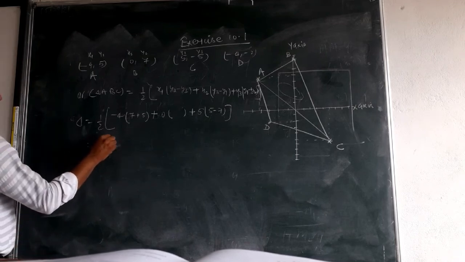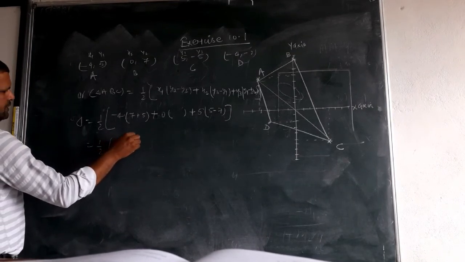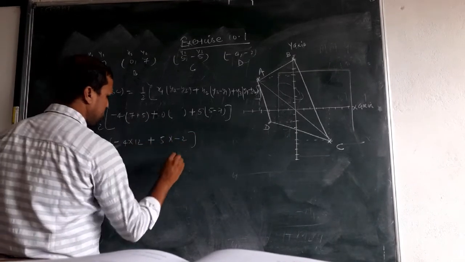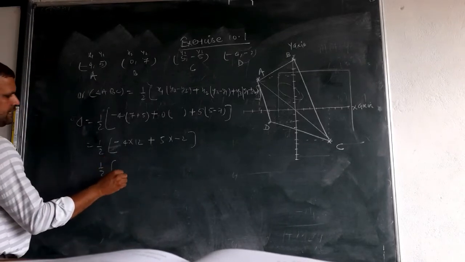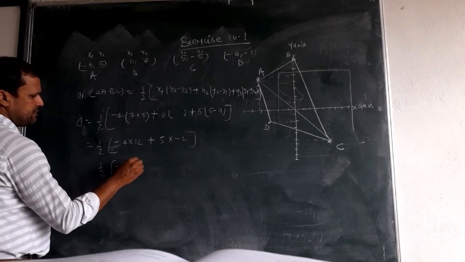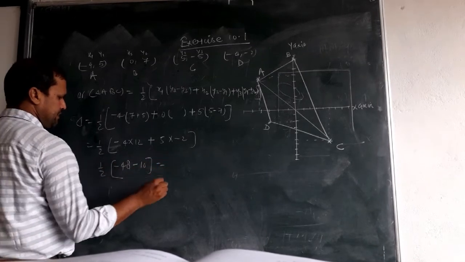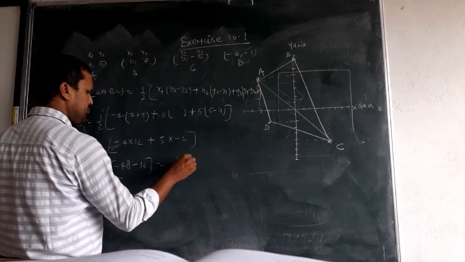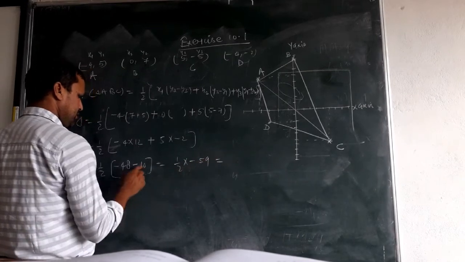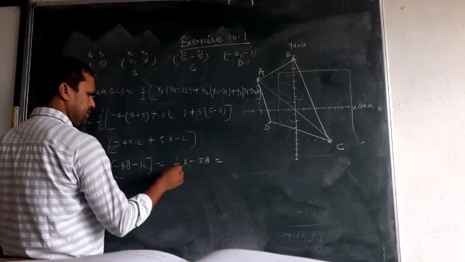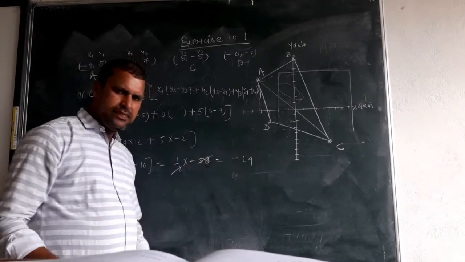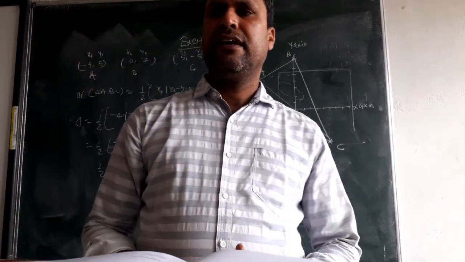So this can be 1 by 2 [-4 into 12 plus 5 into -2]. 1 by 2 in bracket, -48 minus 10. That is half into -58. This is -29. Since the area of a triangle is never negative,